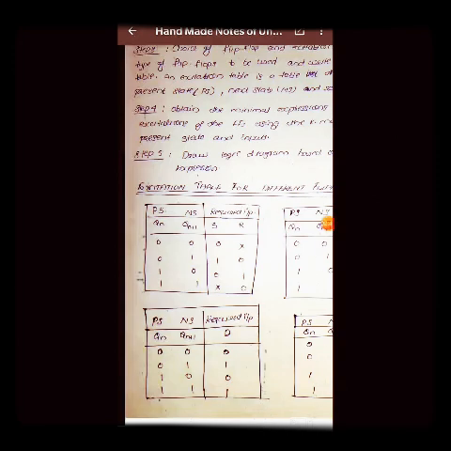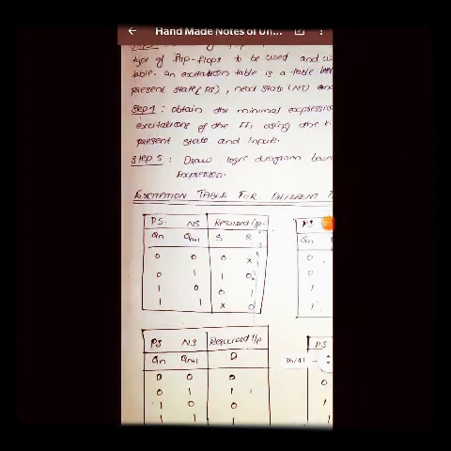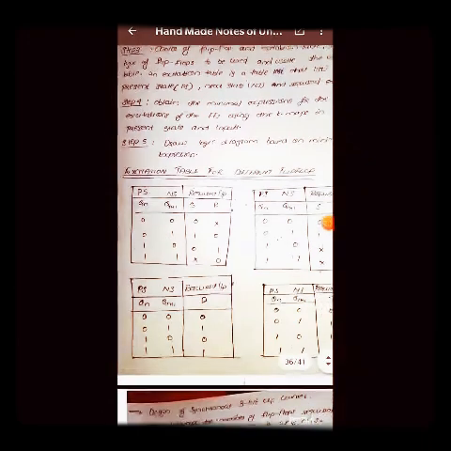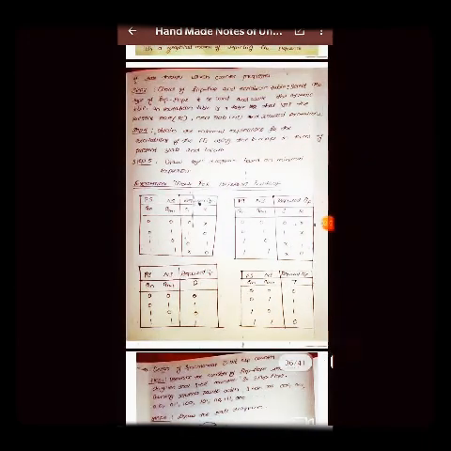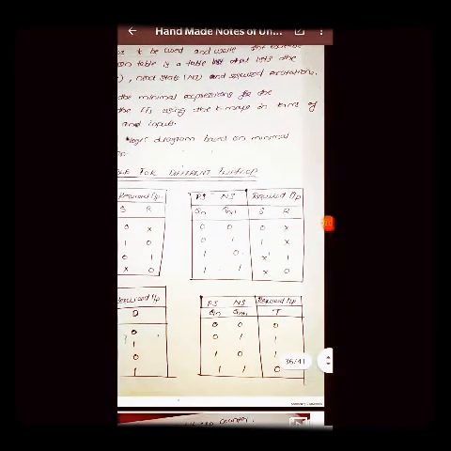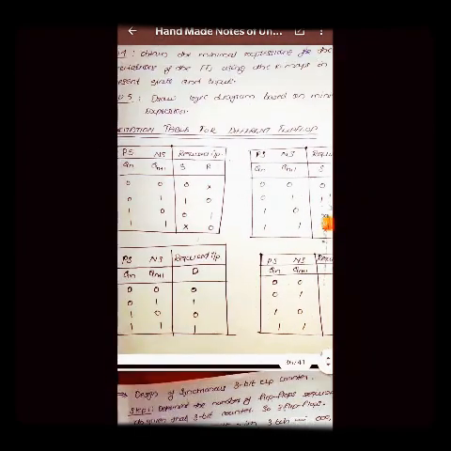So how can we get this table? We can get this table straight away from here. As you can see, let me explain this table first. We have these four tables. The first table is for SR flip-flop. The second table is for JK flip-flop. This is a JK flip-flop, not SR flip-flop, wrongly written. And this is the table for D flip-flop, and this is for toggle flip-flop.